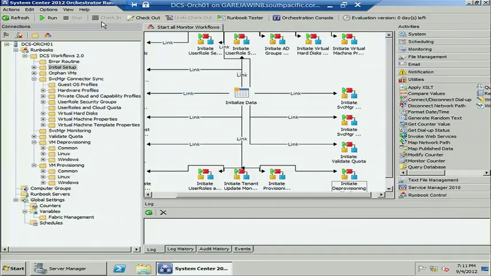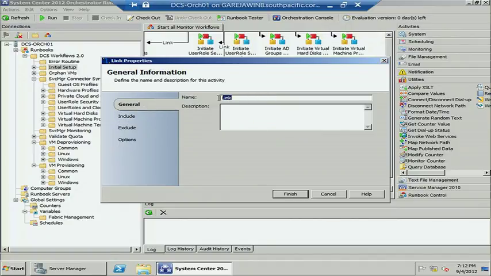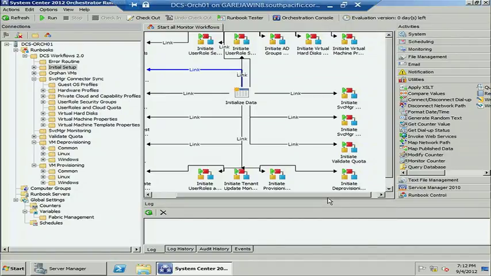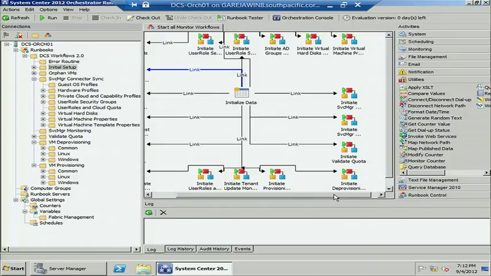The way that's not done by default. So if I actually have a look at the properties of the link, go up into general, there's the name there. But those won't display out of the box. So you just go into options, configure, show link labels. And you just need to check that box and then all of your links will be displayed. Where you're just going off to one path, sure, that's fine, right? Link's fine. But in other areas,